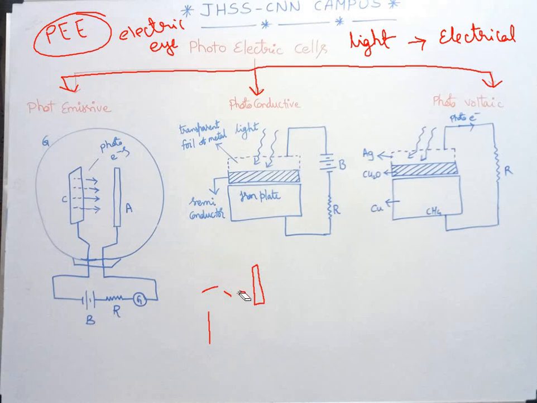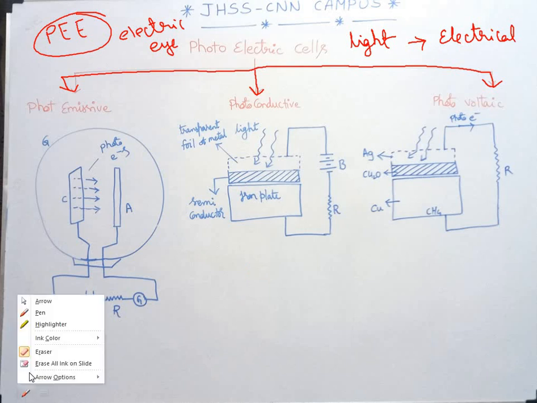Remember, all these work on the principle of photoelectric effect only. Keep that in mind. Right. So let's look at this photoemissive cell in detail. It consists of a photosensitive cathode C and anode A, which are enclosed in an evacuated glass envelope or glass cell. A battery is connected to that anode, which maintains the positive potential with respect to the cathode. When light of frequency greater than the threshold falls on this cathode, photoelectrons will be emitted, and these photoelectrons are attracted by the positive anode.